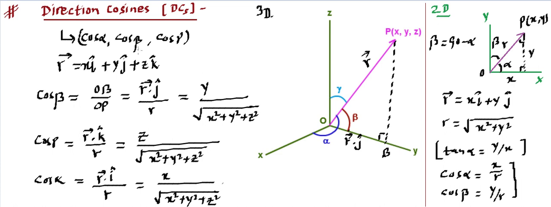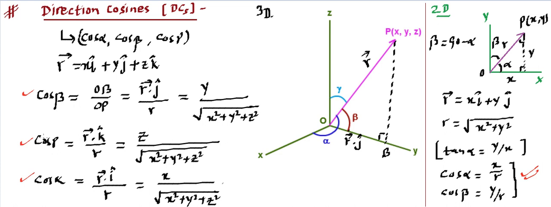So this is how cos alpha, cos beta, cos gamma can be easily identified if the vector is given to us. If the vector is given to us, we will get x component, y component, z component. So cos beta will be the y component of the vector divided by the magnitude of the vector. Cos gamma will be the z component of the vector divided by the magnitude of the vector. Cos alpha will be the x component of the vector divided by the magnitude of the vector. If you relate this with the 2D, that's what we have written over here. We started with this. Cos alpha is the x component divided by its magnitude. Cos beta is the y component divided by its magnitude. Similarly, cos gamma is the z component divided by its magnitude. So that's a continuous version from 2D to 3D.